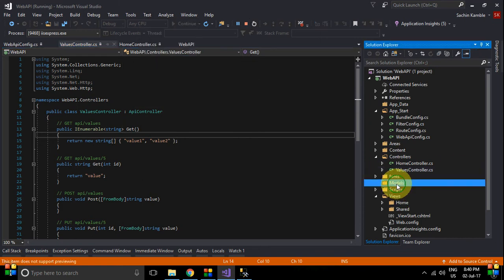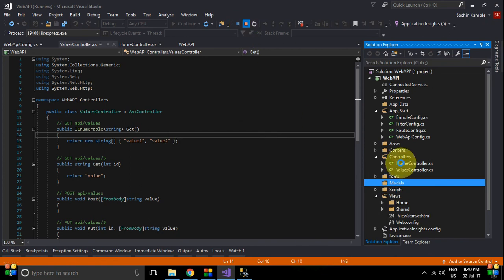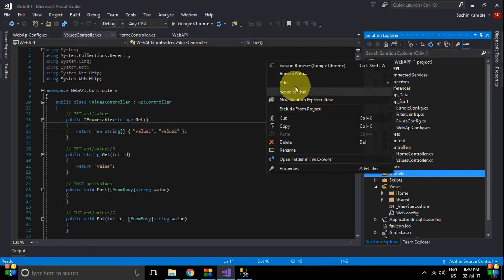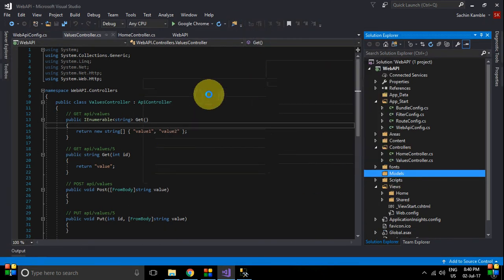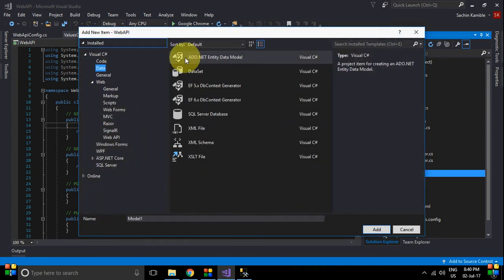model and add new, stop the debugging, add new item. So go to the data tab and see here is ADO.NET entity data model. So we can name it as a customer data model.